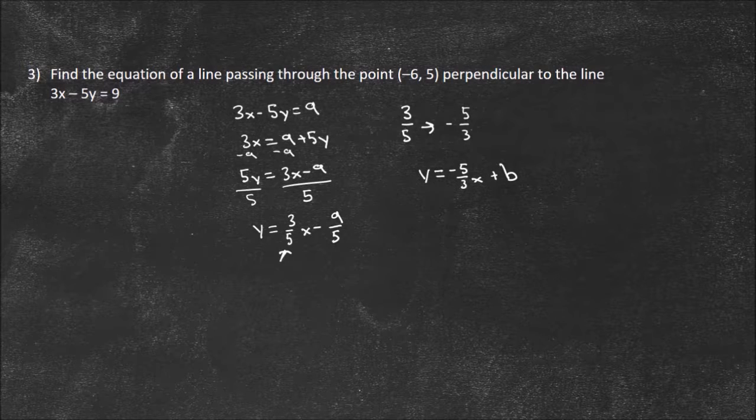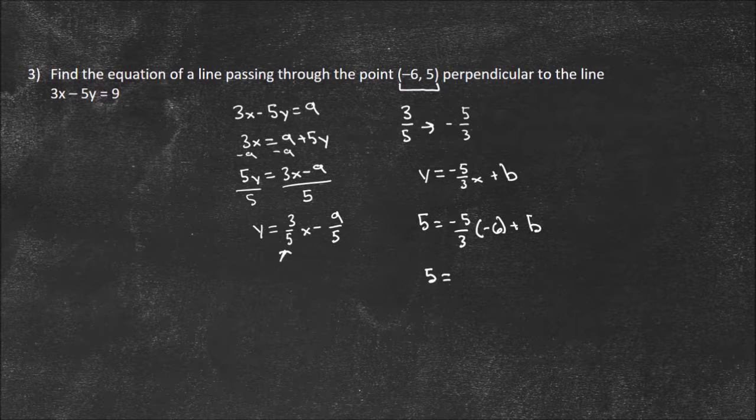And to figure out b, this is exactly what we did last time. We plug in the point that they give us. So we get 5 equals -5/3 times -6 plus b. Alright, now let's figure out, well, what is -5/3 times -6? Well, it's going to be 5 equals, and then for here we can think of it as -6/1,